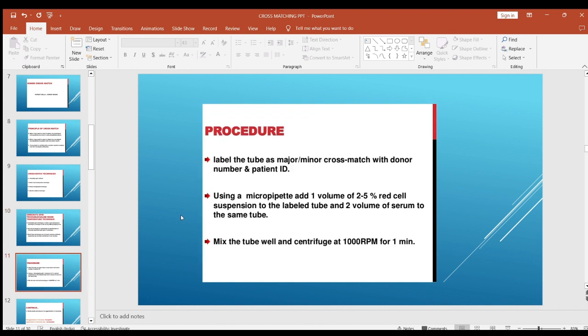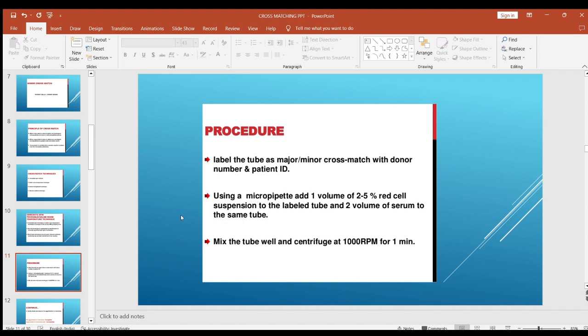Next, procedure. This is the procedure involved in the spin technique. First, we have to label the tubes as major and minor cross-match with donor number and patient ID. And next, using a micropipette, we have to add 1 volume of 2 to 5% red cell suspension to the labeled tube, and 2 volumes of serum to the same tube. Next, we have to mix the tube well